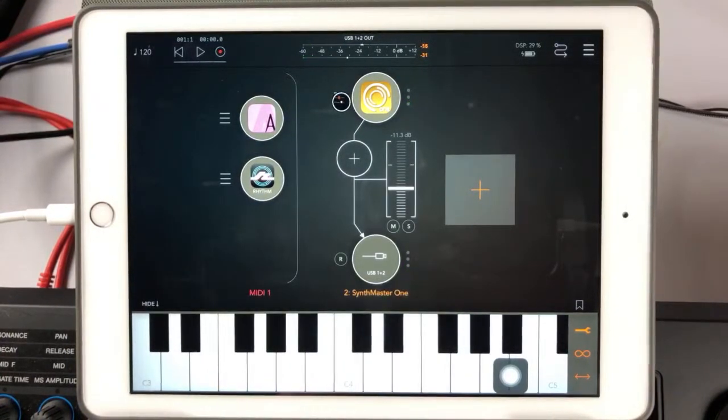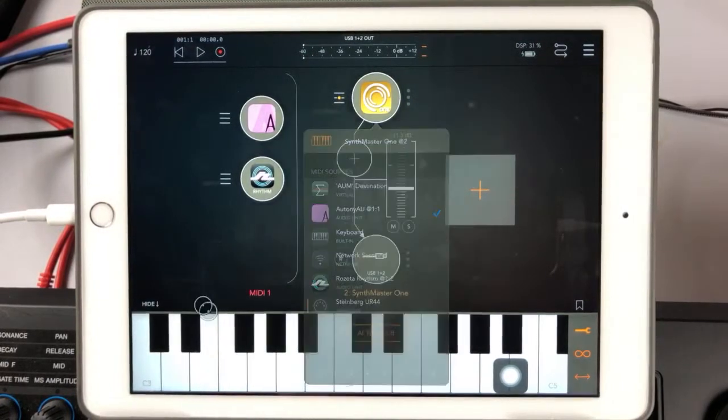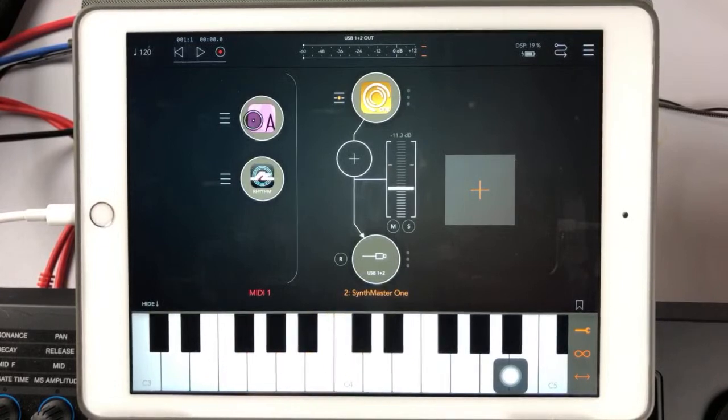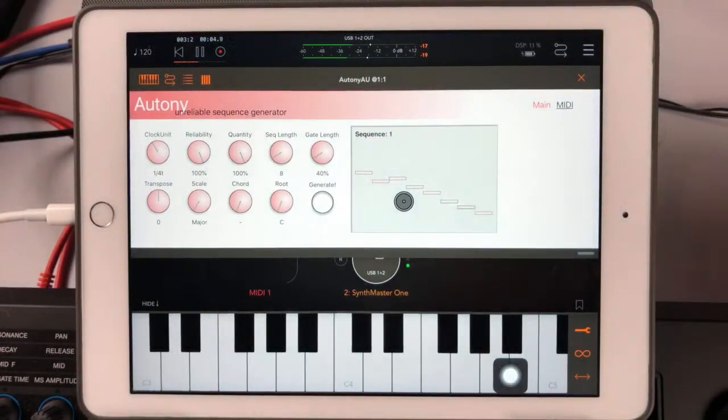If we unroute that there, go unroute, because we don't need it routed to the keyboard as well, we get nothing. So we're only going to have Ortony play this. So when I press play now, Ortony is now playing SynthMaster 1 at a clock rate of 1/4, but we can